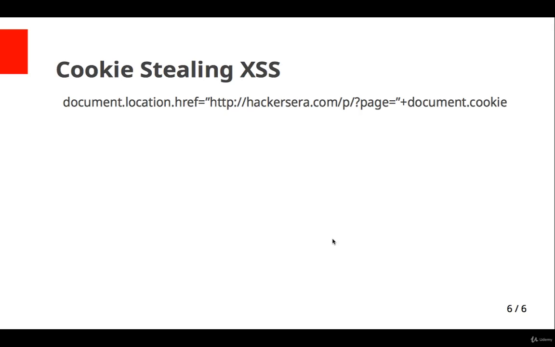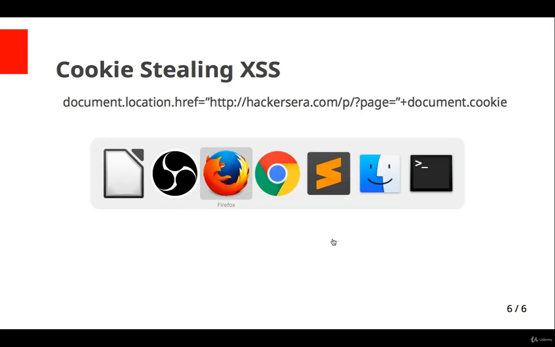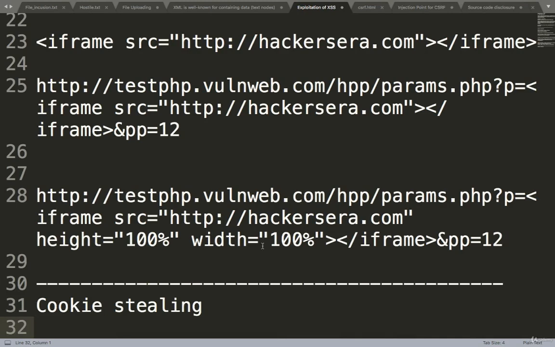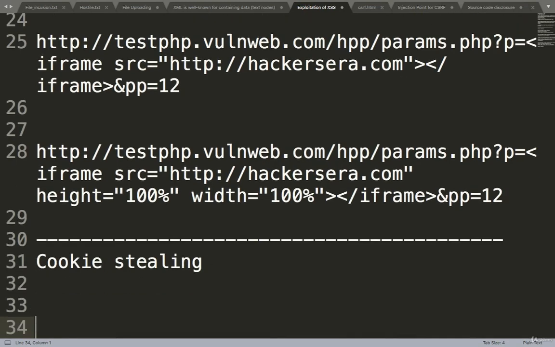Now we will see cookie stealing. It's the most dangerous attack for cross-site scripting. If you log in to any application, the web application may generate some cookie. So if you do this on the vulnerable parameter, script alert,